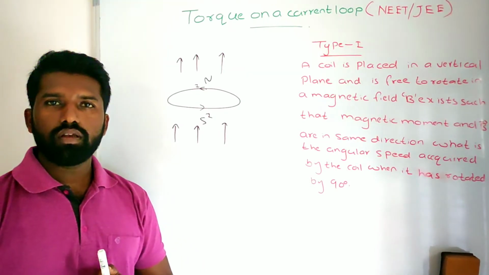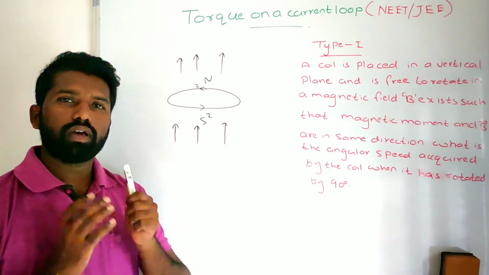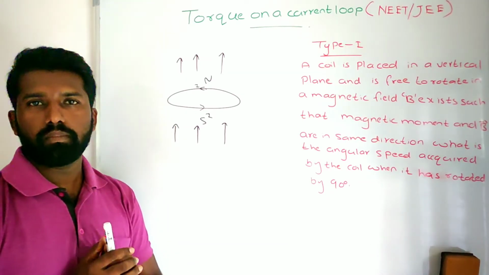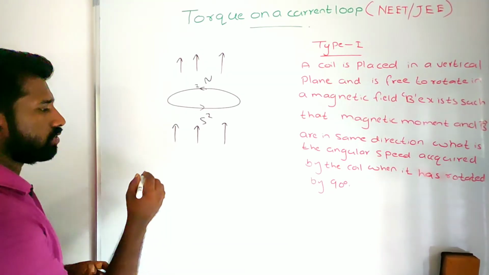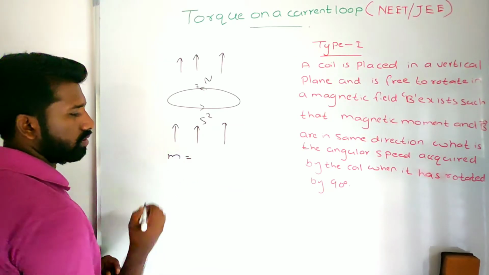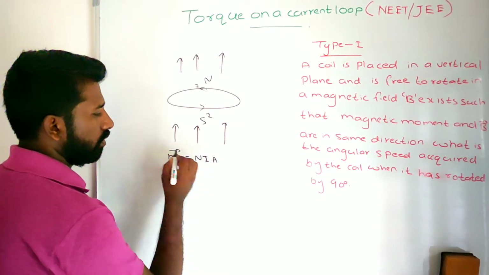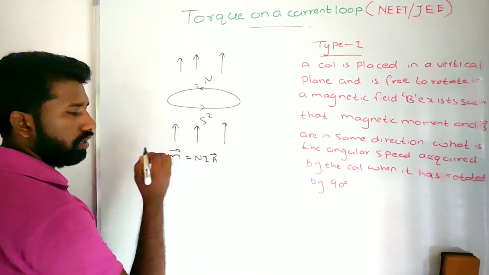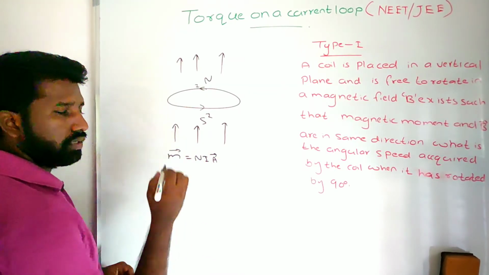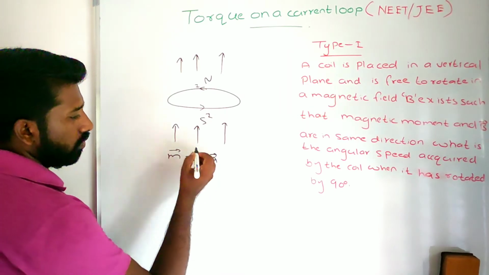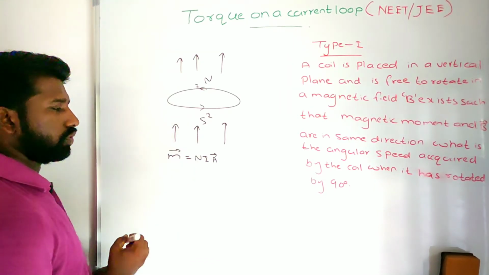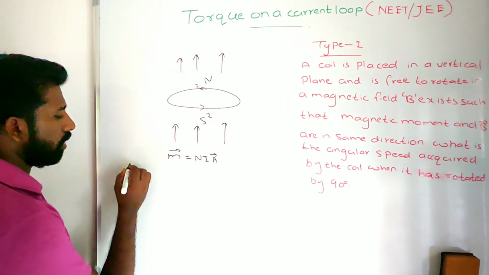In a similar way, every current carrying loop acts as a magnetic dipole and it possesses a magnetic dipole moment, that is M equal to NIA. What is this? N is the number of turns, I is the current through the coil and A is the area of cross section. This magnetic dipole moment